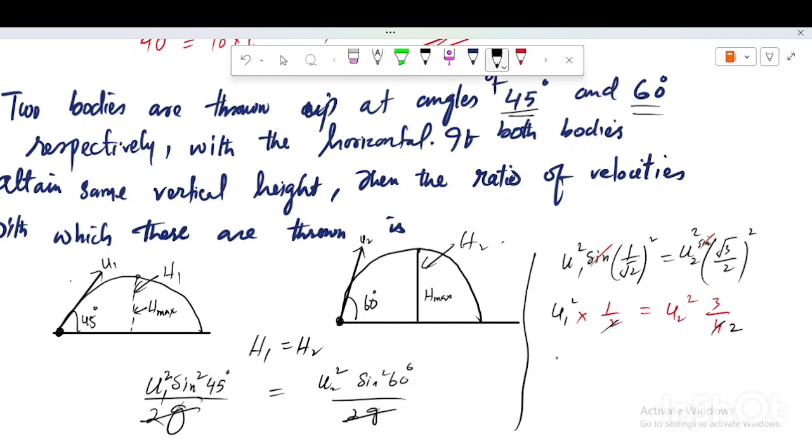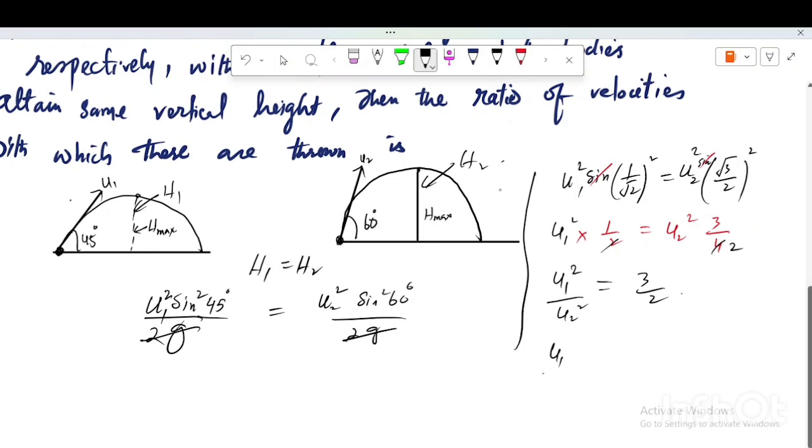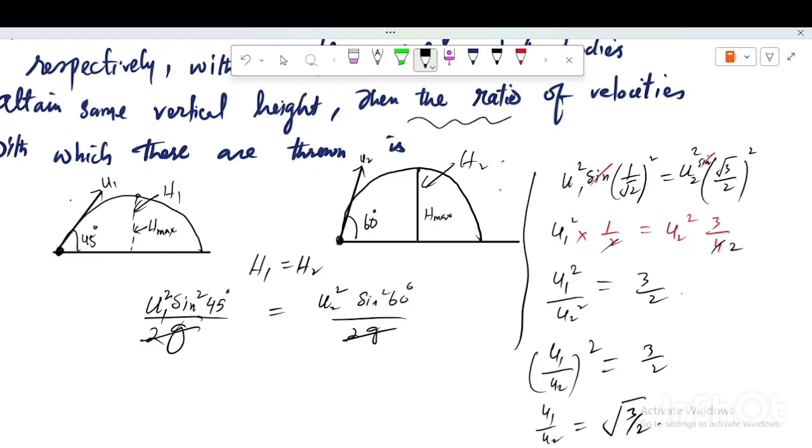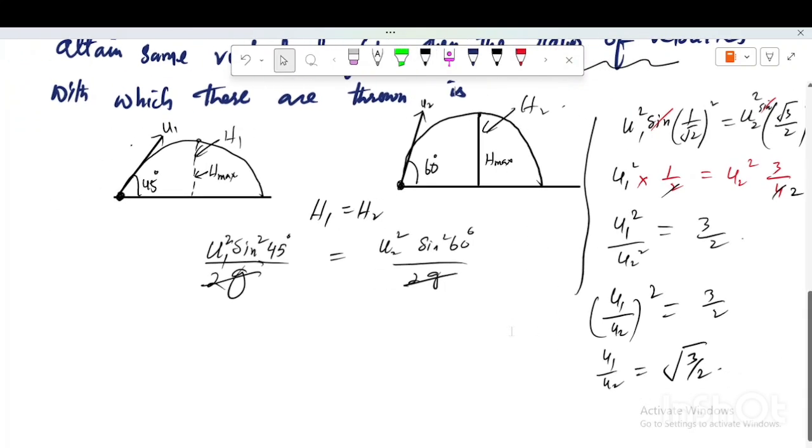So there are some cancellations here. Therefore, u1 square divided by u2 square is equal to 3 upon 2, right? If we take the square root of both, I can write u1 divided by u2 is equal to under root of 3 upon 2. Okay, so this was the ratio of velocities, u1 by u2 equal to under root 3 by 2. Okay, let's do